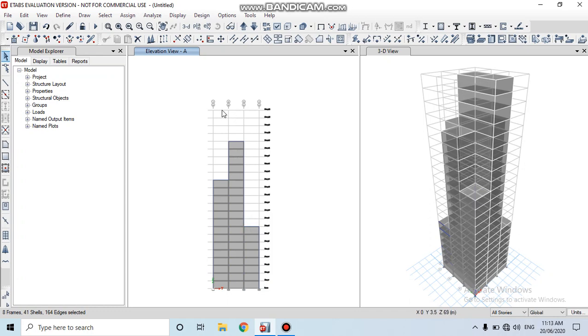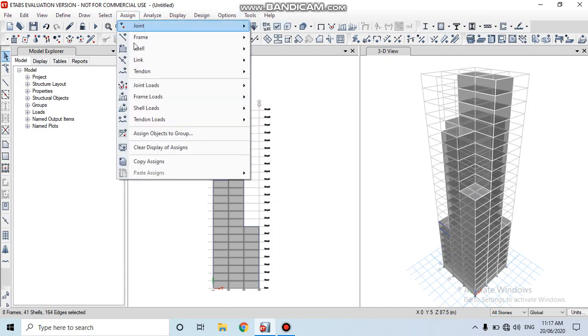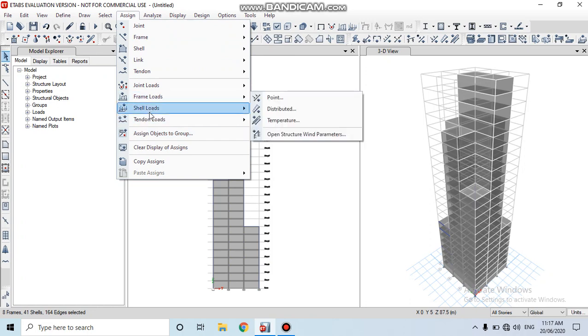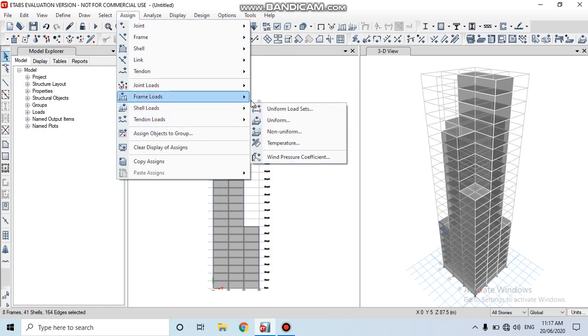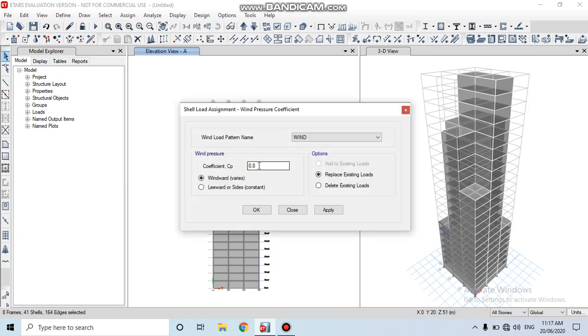Wind pressure coefficient. Next, for this click on assign. Then select shell loads. Then click on wind pressure coefficient. Here we have to change the coefficient to plus 0.8.